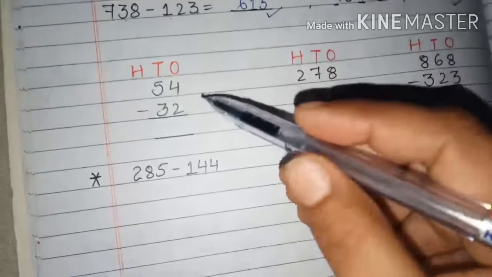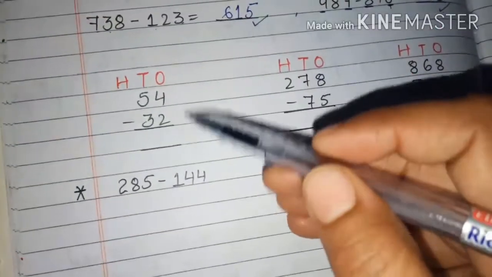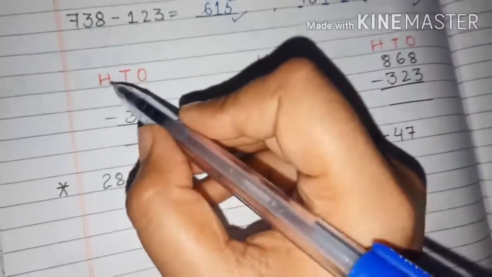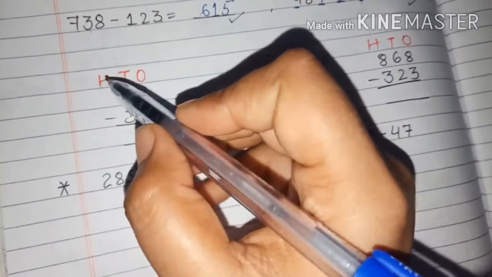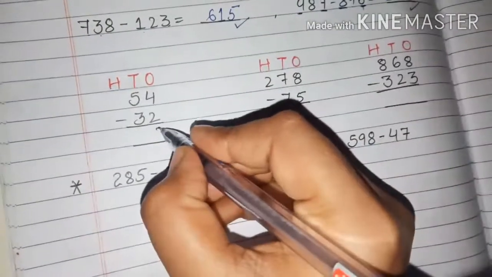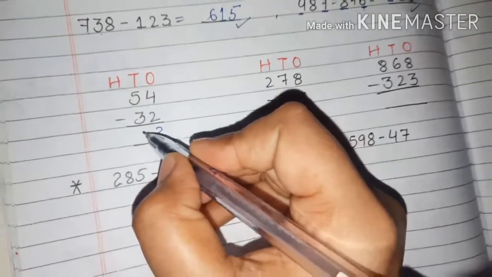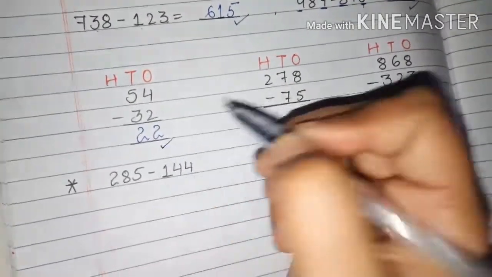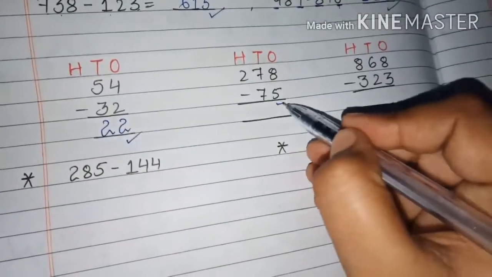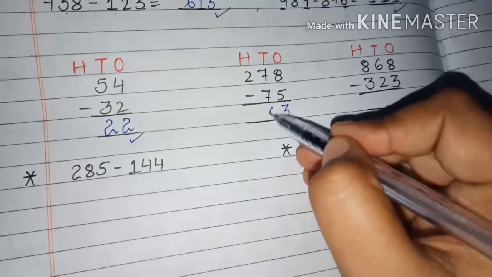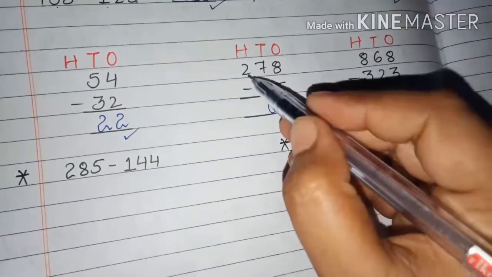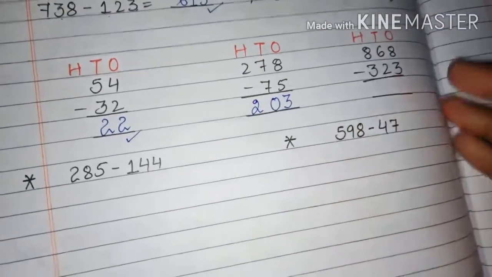Now some of the digits are already given to you in the form of columns, so how to subtract them? Already it is given to us, it is ones, tens and hundreds. So at the ones place we have 4 and 2. 4 minus 2 will be 2 only. 5 minus 3 also 2 only, and you will get your correct answer. Now next is 8 minus 5 is 3, 7 minus 7 is 0, 2 minus nothing is there, so consider it 0. 2 minus 0 is 2 only.